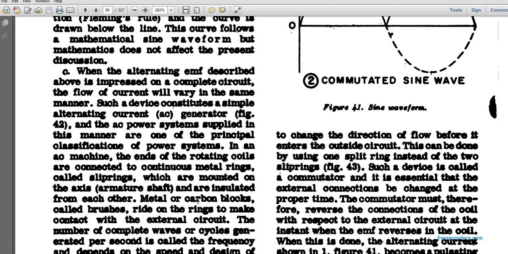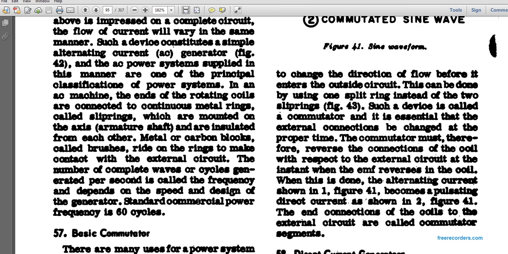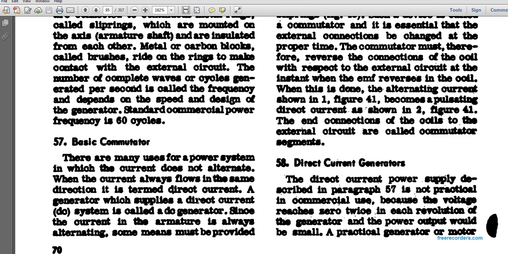The number of complete waves and cycles generated per second is called the frequency, depending on the speed and design of the generator. Standard commercial power frequency is 60 cycles. Basic commutator. There are many uses for power systems in which the current does not alternate, with the current always in the same direction. This is called direct current, and the generator that supplies it is called a DC generator. Since the current in the armature is always alternating AC, some means must be provided